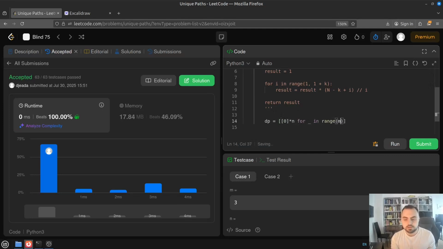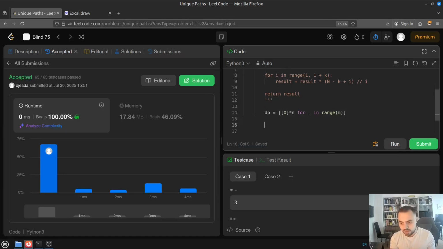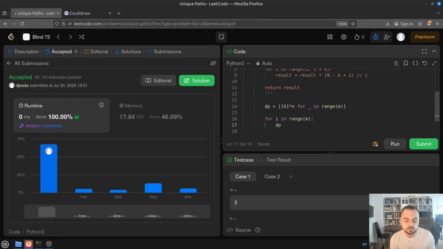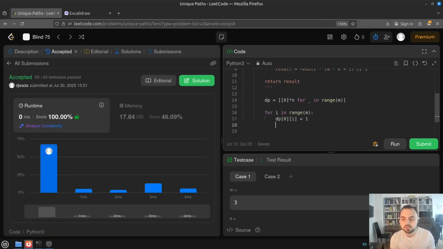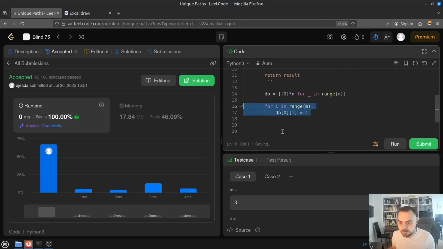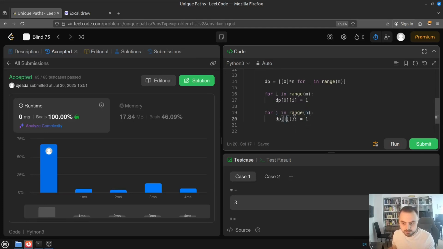So in total, m rows and n columns, and then we can fill the topmost row and the leftmost column. So for I in range n, dp on index 0, I will be equal to 1, and for j in range n, dp on j, 0 will be equal to 1, and now